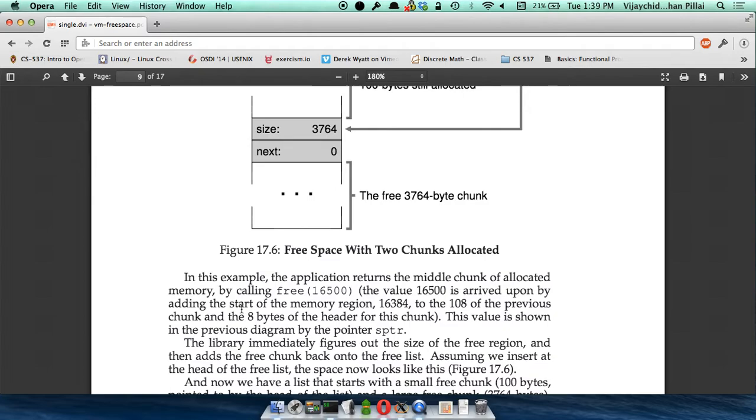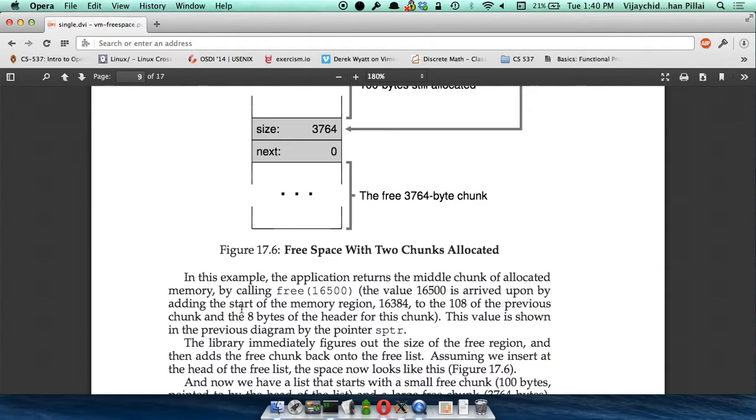Another policy you could do is go through the list until you find something that's closest to 20. Is there just 20 bytes somewhere in the list that I can use and give back to the user? So that's another policy you can do. Based on what policy you use and how you're doing things, you don't have to use a list. You can use different things in order to do this. A list is just one of the methods possible.